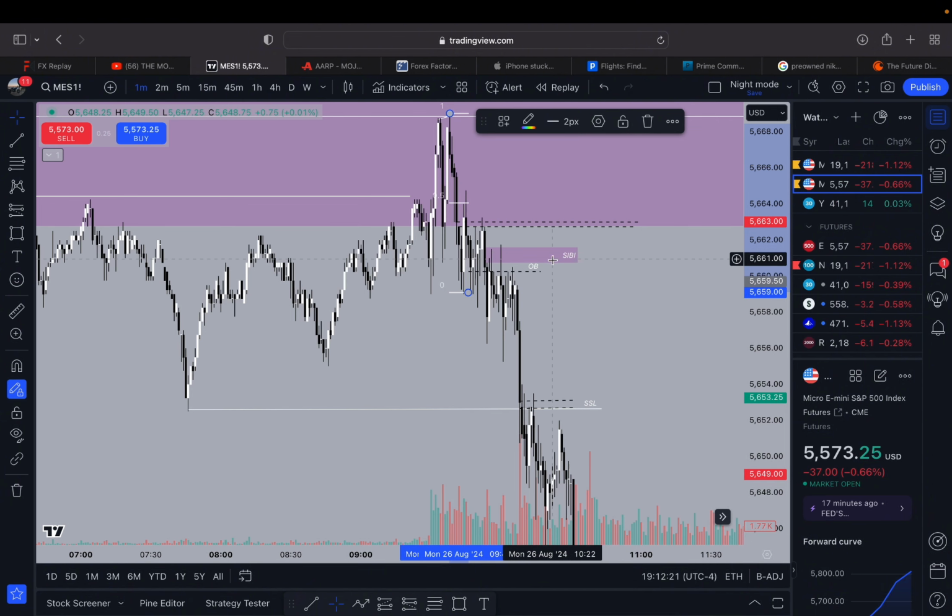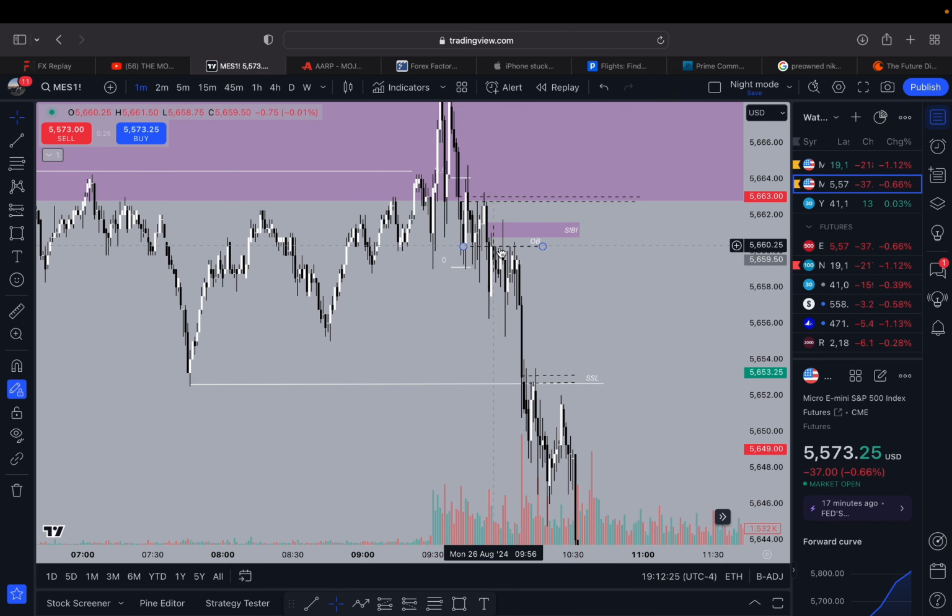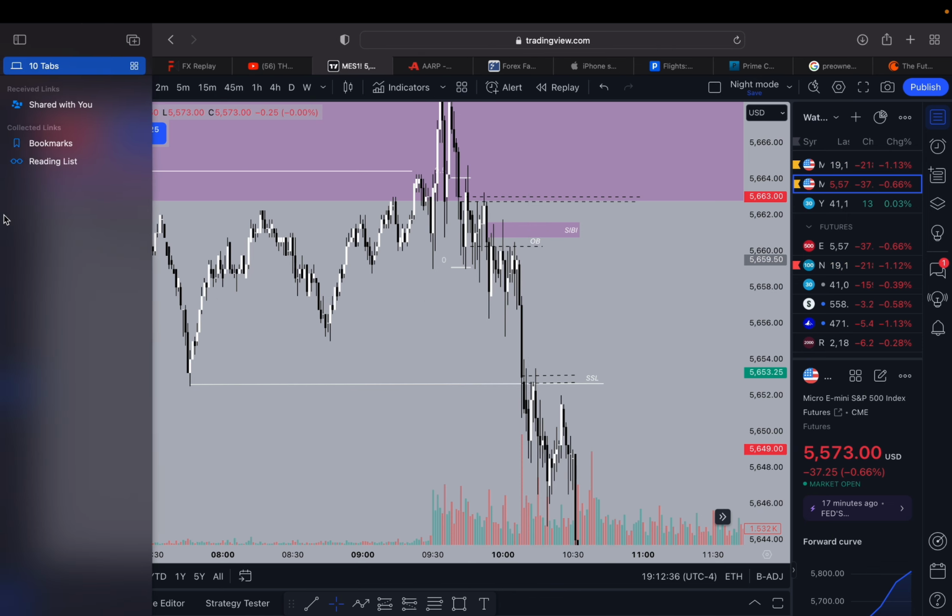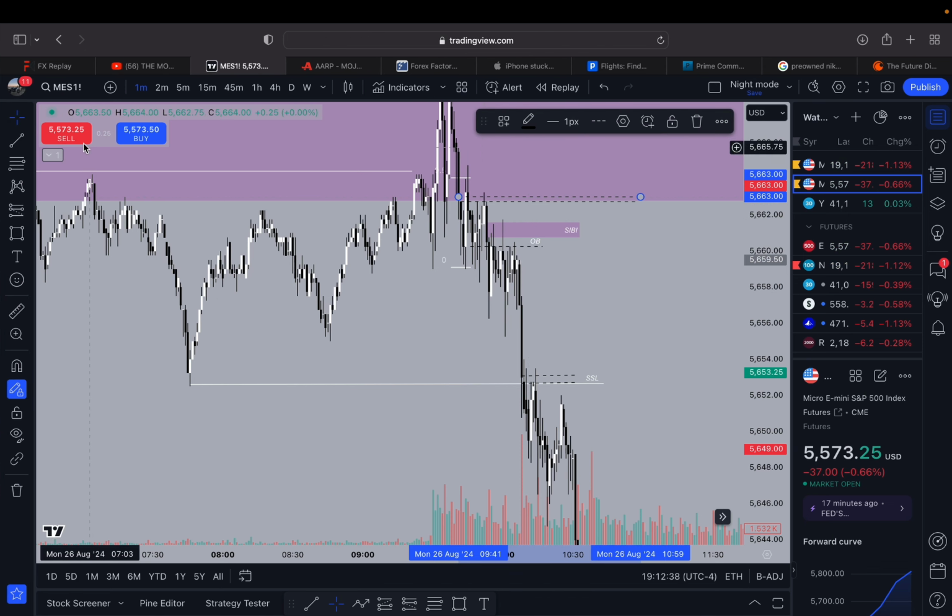So I'm going to be marking out the open of that candle and then observing the bodies of the candles that print after it. As long as things are closing below this order block and not attempting to move higher, and also respecting the SIBI as well, I'm comfortable with holding on to this position. And notice from here all the way down,